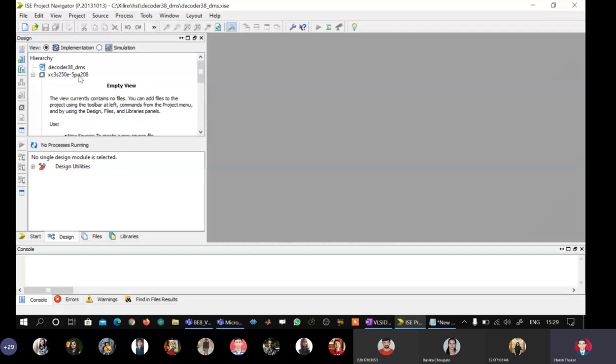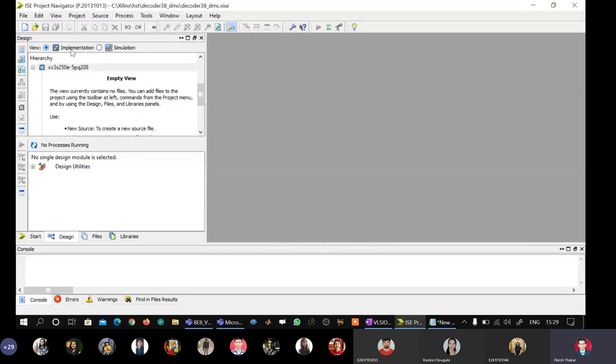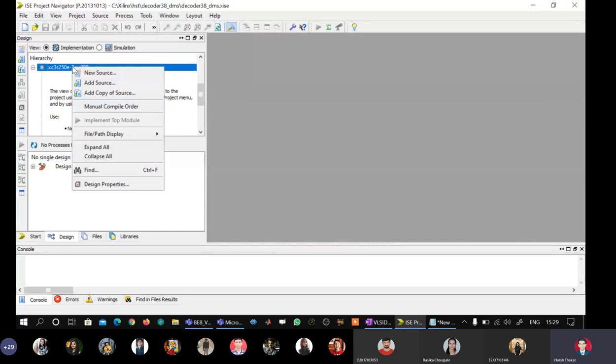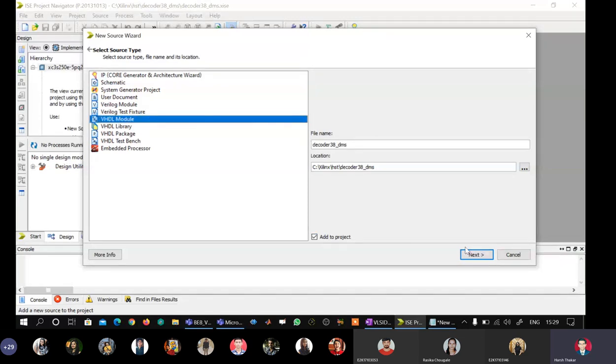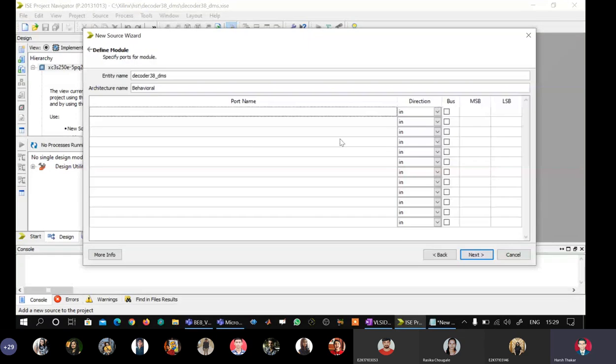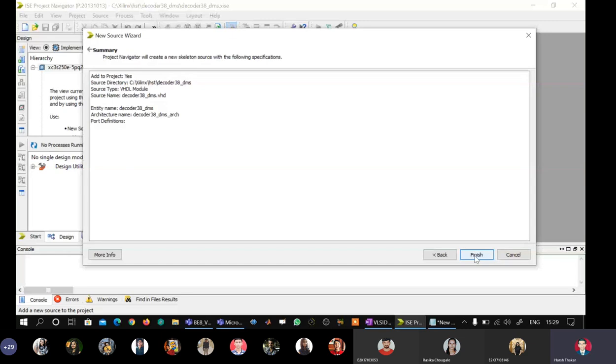Here, I go to target line, ensuring that the implementation radio button is selected. Right click, new source, VHDL module. I'll paste this and it will become my entity name, ensuring again everything is properly selected. Next, and here I will not do anything because I want to manually type the code. So I will say next. Maybe I can change the architecture name here. Say next. Say finish.